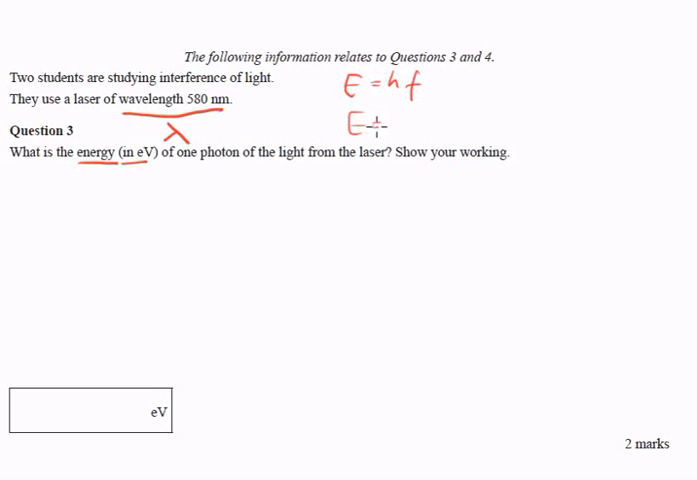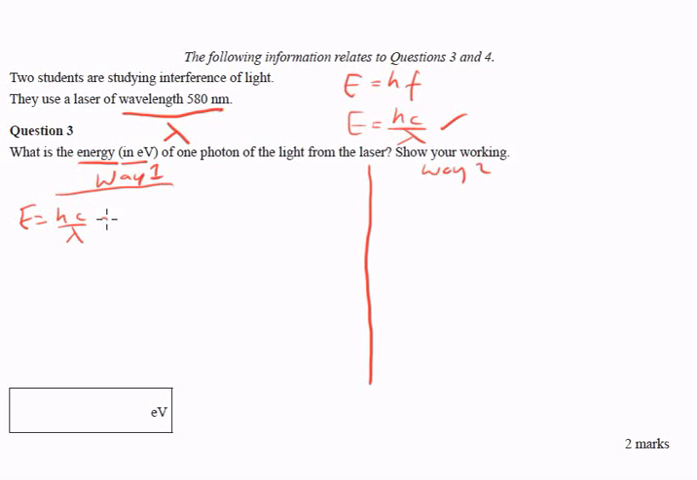E equals hf and E equals hc over lambda. We're going to use this one because we've got lambda. There's two ways of doing it. I'm going to do way 1 over here and way 2 over here. Hopefully we get the same answer for both ways. Alright, E equals hc over lambda, which equals